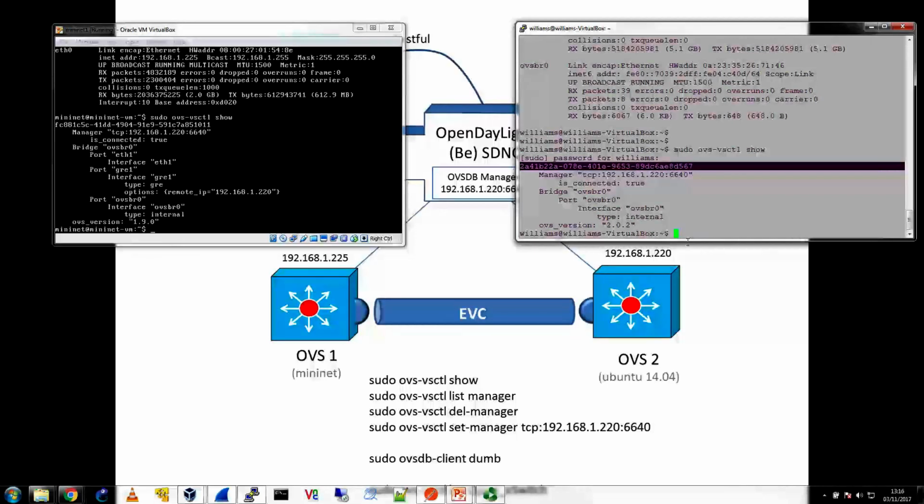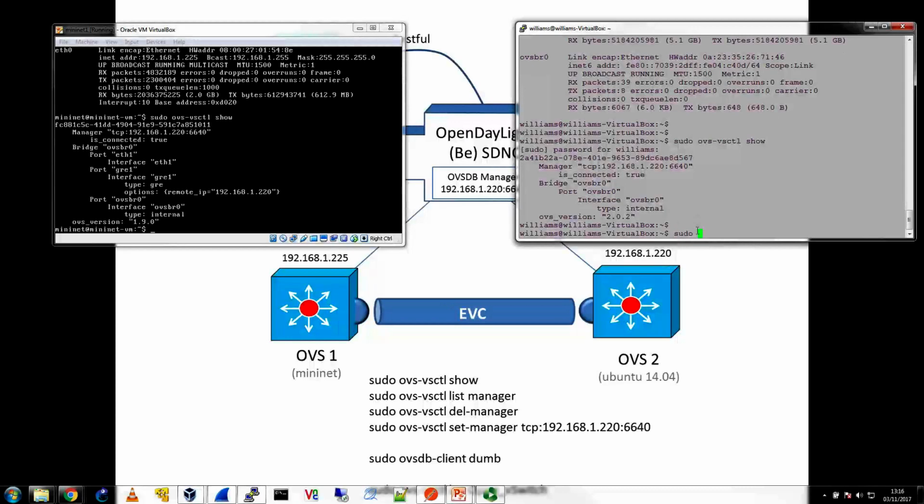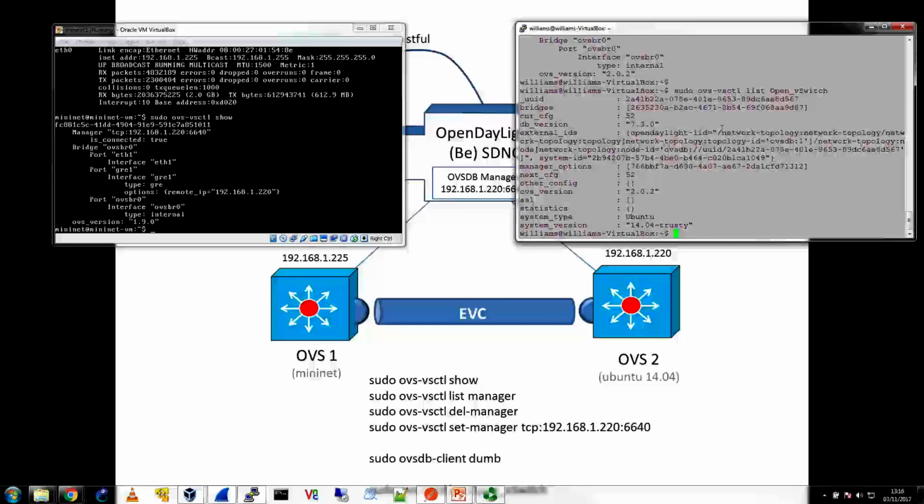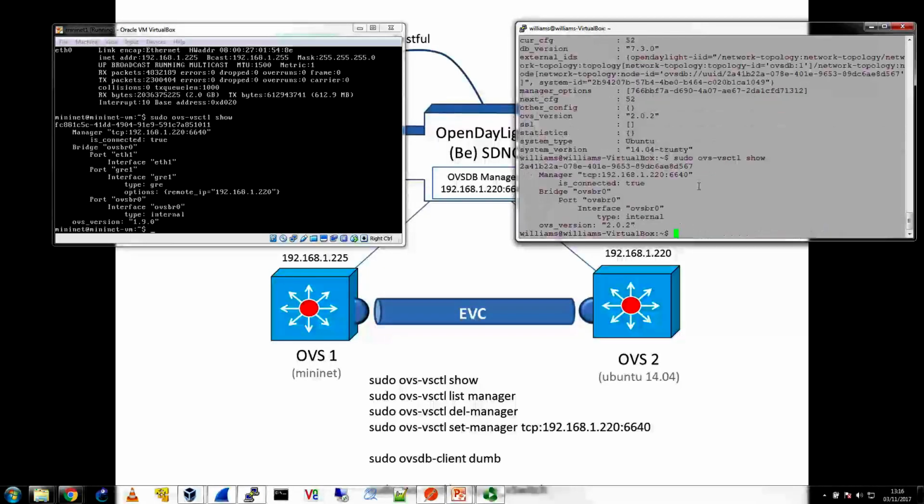There are other commands that we could use, not least one that was printed on the earlier diagram, and that referred to the opportunity to list the Open vSwitch, capitalize the OVS, and make sure you've done that for the switch. And we can see in here there's a whole set of IDs associated with that particular device, as well as the actual system that it's running on, the OVS version manager, as an option. And if we compare that with the show,